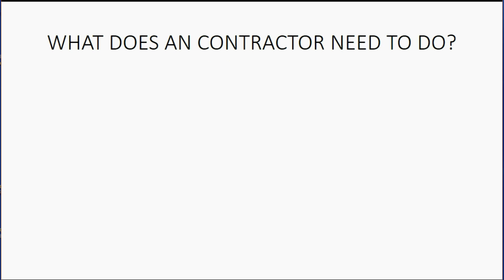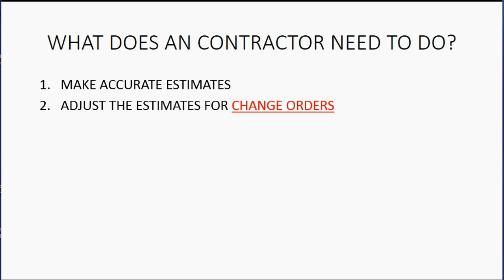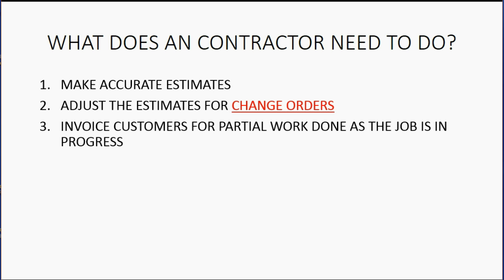What does a contractor need to do that other businesses do not? Well, they have to make accurate estimates of their long-term projects or jobs. They have to adjust the estimates for change orders as the project or job continues. They have to invoice the customers for partial work done as the job is in progress. They have to track their income and expenses by job to know how much money or profit each job is